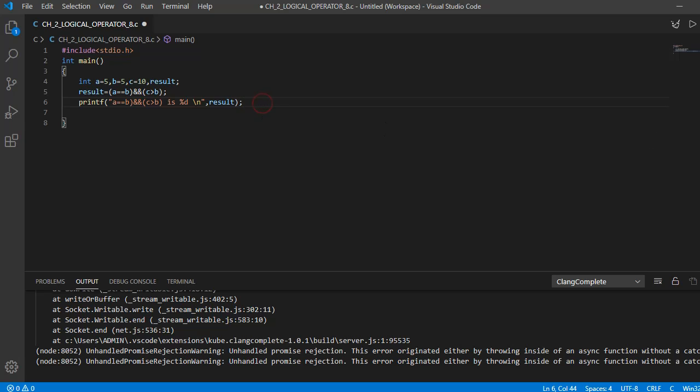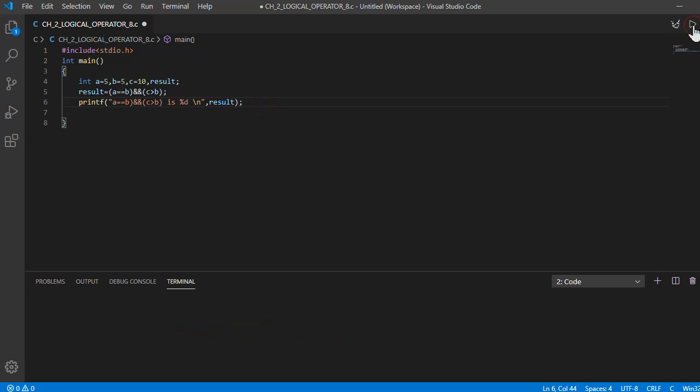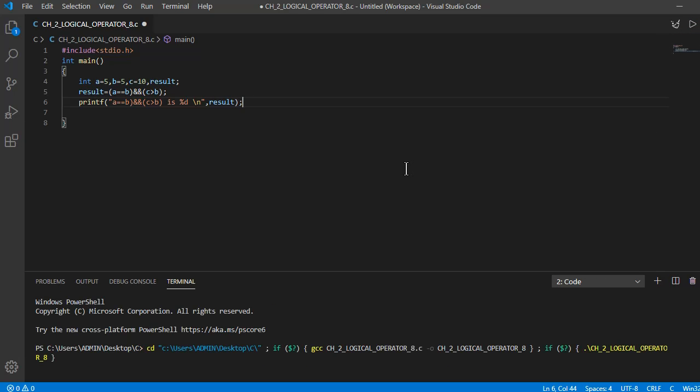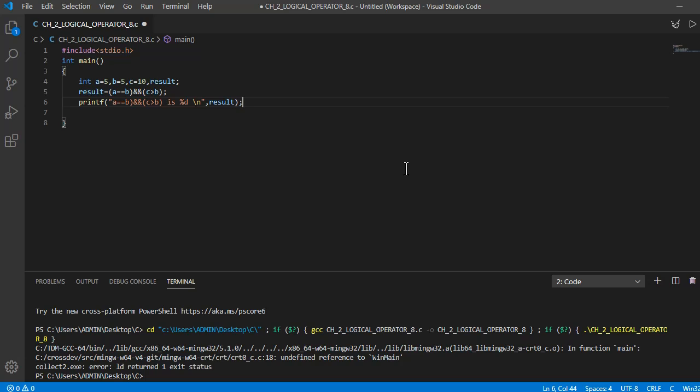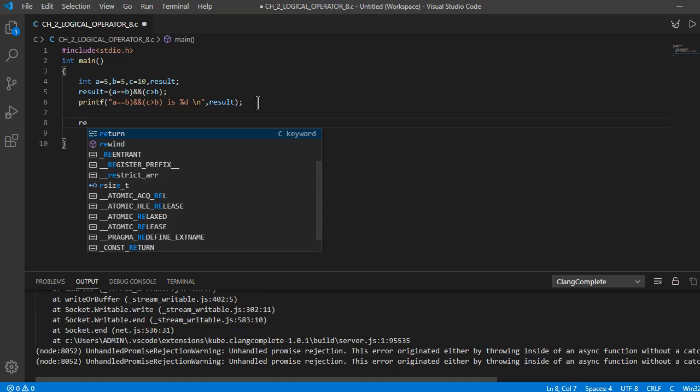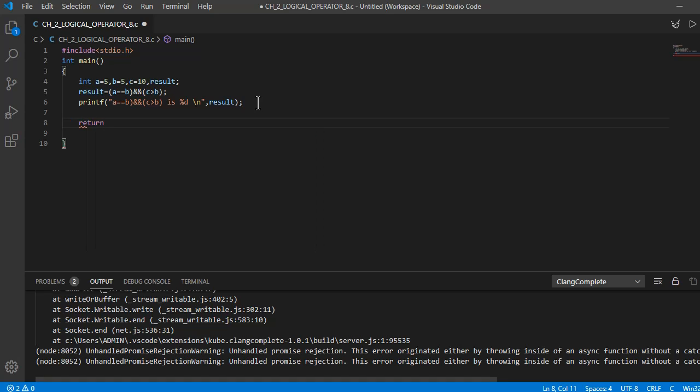Let's check. One ID is needed because we are declaring the int main. Return 0.